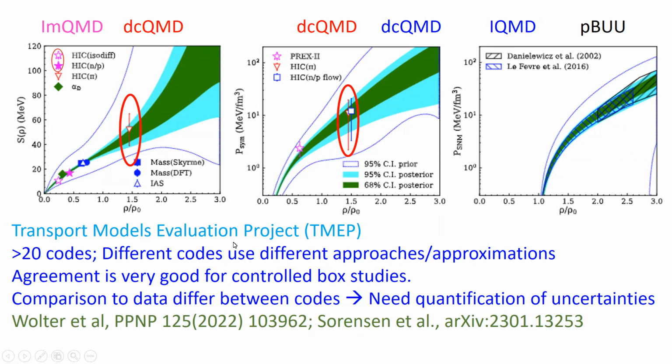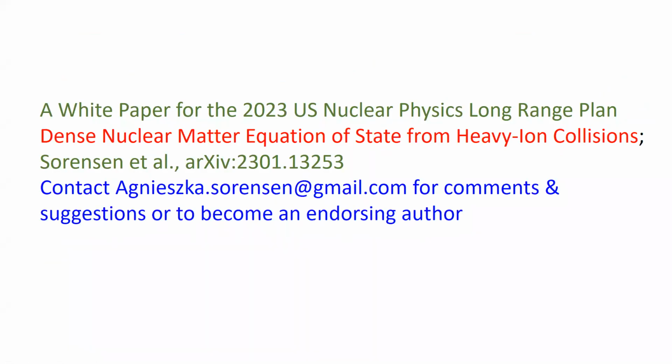However, the agreement is actually pretty good if it's in a control box study. Then when we do the actual collisions, there are differences. And so the first thing that we think we need for the transport model is quantification of uncertainties. There is a discussion of all these problems in the white paper by Anne Sorensen,